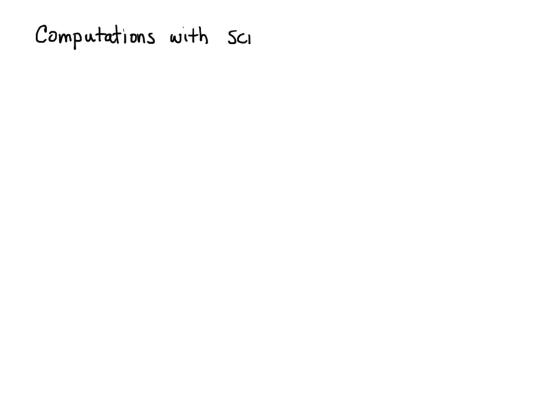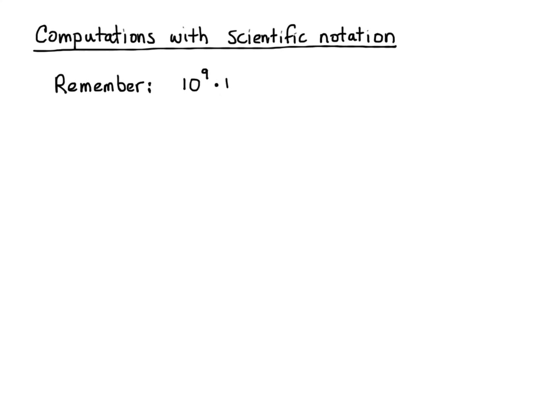So, computations with scientific notation actually make the computation a lot easier than if you were to take these big and small numbers and multiply and divide them apart. So remember, when we have the same base, we're adding exponents. And so this is going to be the key to working with scientific notation: whenever we have some number times 10 to the whatever power, we're going to be adding the exponents on the 10 part and doing the regular multiplication on the